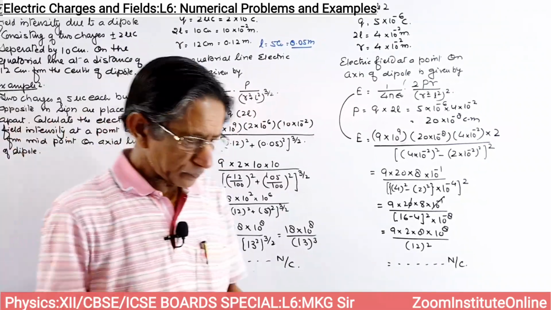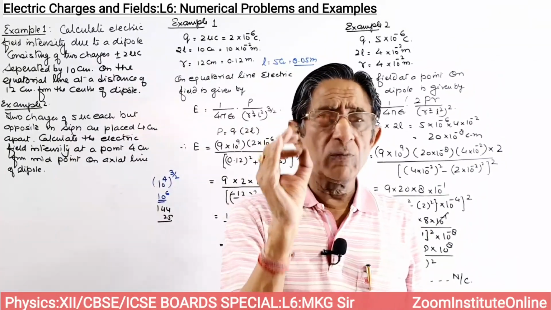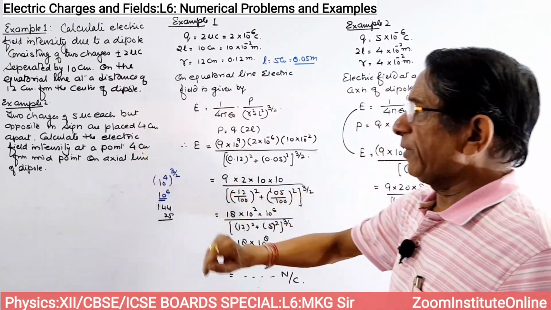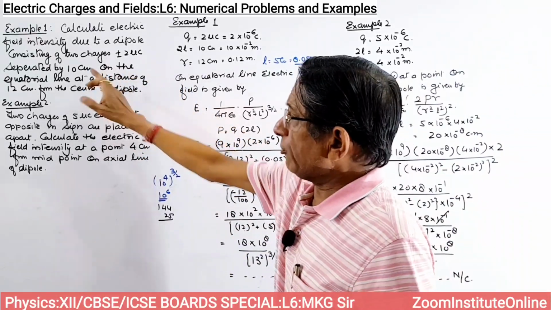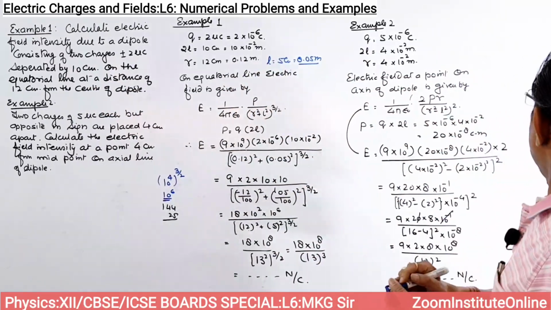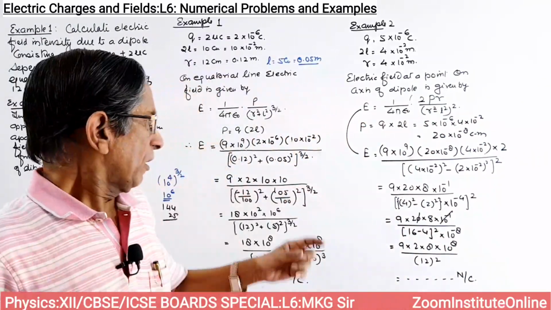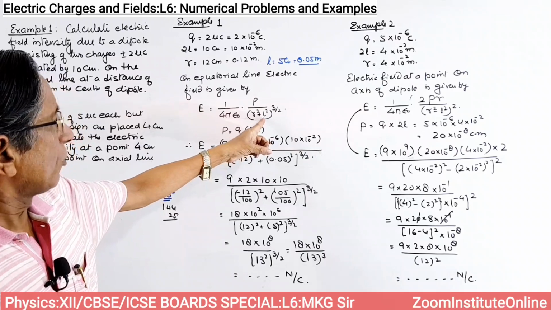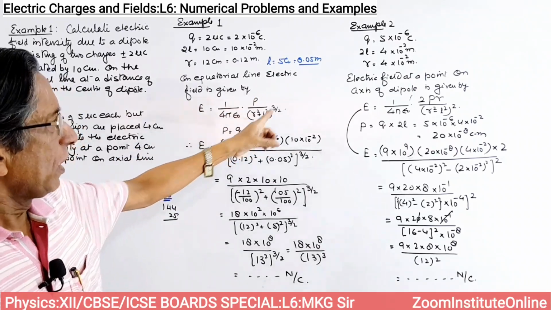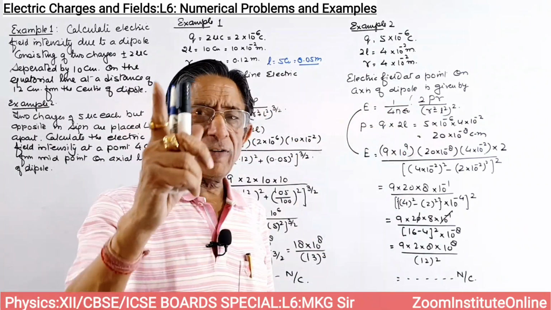on the axis. Students, in this numerical, I am going to add a little more part. Suppose I say this distance is not 4 centimeter or 10 centimeter, that is, R is very much greater than L. Suppose you are given R is very much greater than L. So in that case we shall neglect this L. So the formula will remain E is equal to 1 upon 4 pi epsilon naught P upon R cube, and here it will remain 2P upon R cube. In that case, you will neglect the value of L.